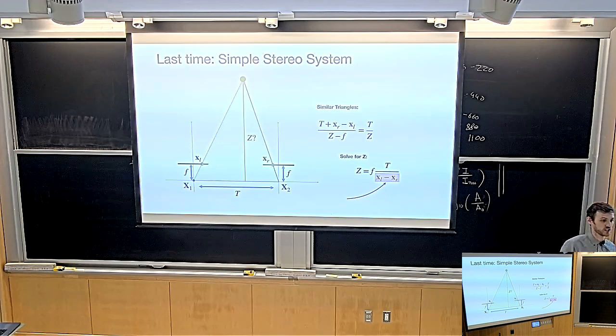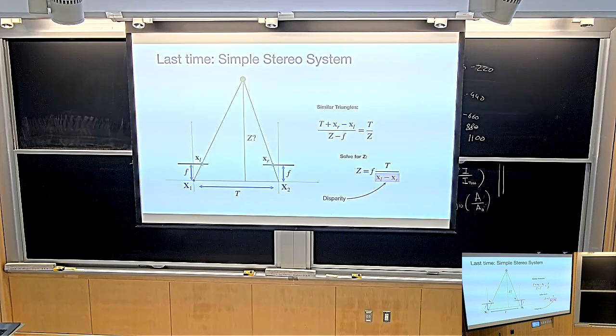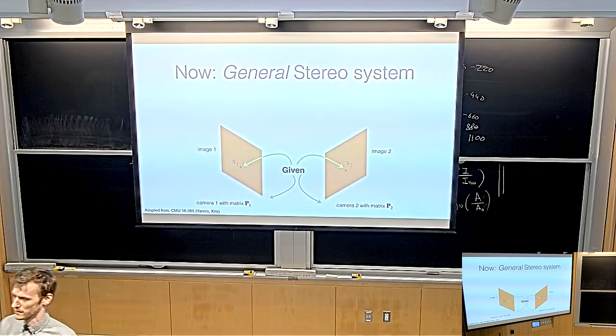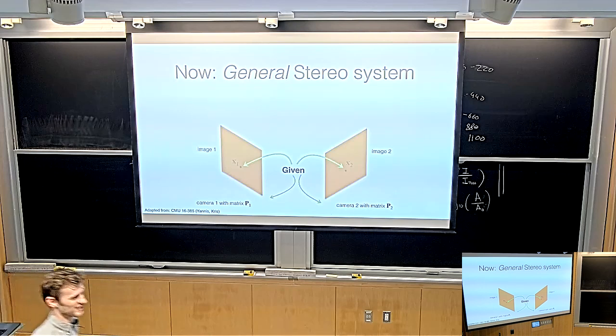So now we're talking about the general triangulation problem, the general problem of getting the depth of this point from 2 pixel coordinates. This is what a general stereo system looks like. It looks a little bit symmetric. I wouldn't put them at like a 90-degree angle. Imagine it's a little skew. But this is what a general stereo system looks like.